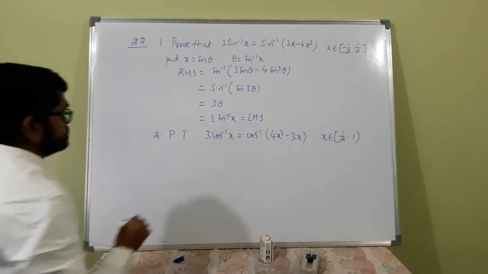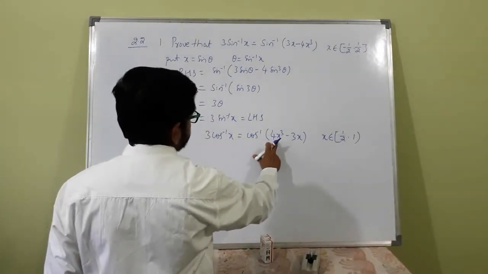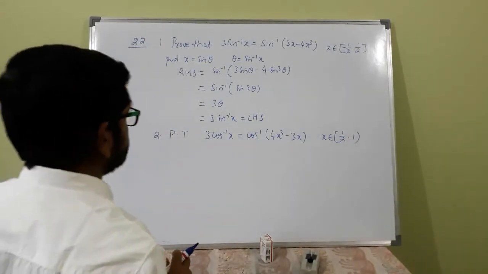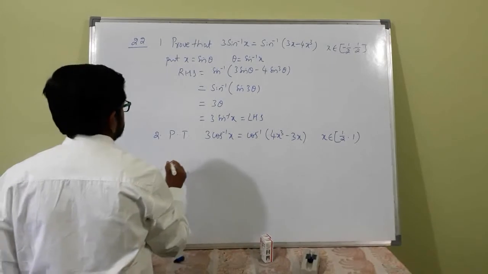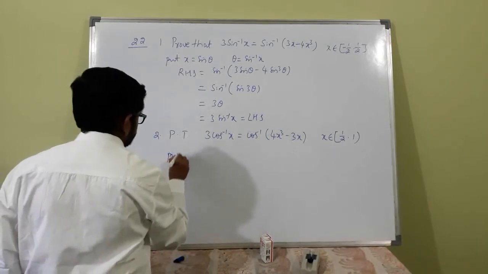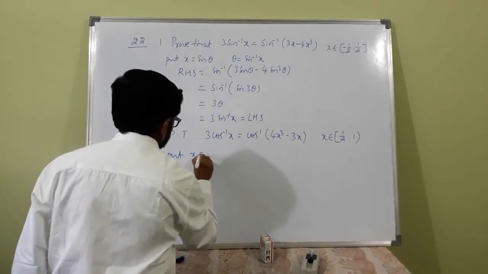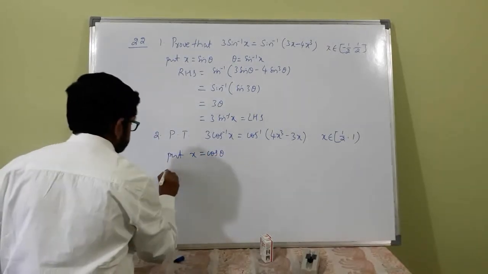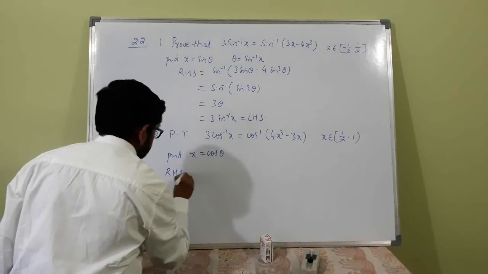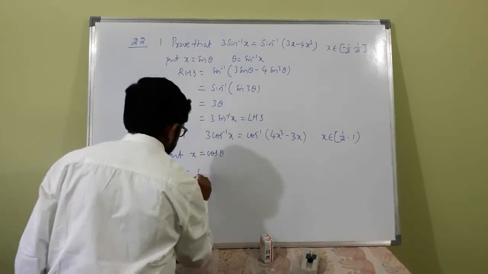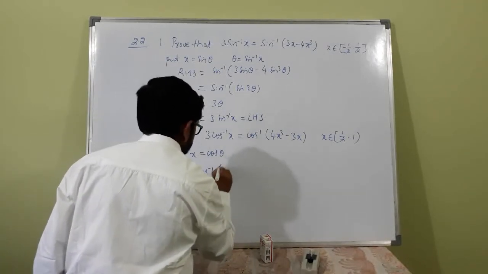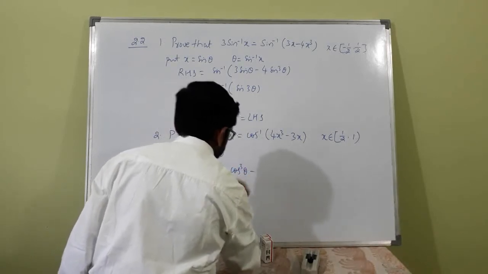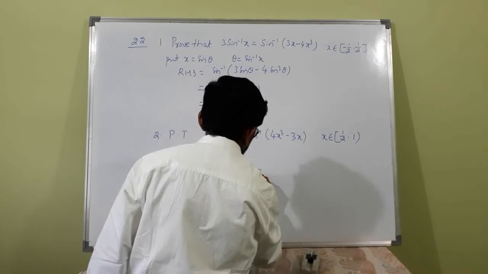Okay. Similarly, 4 cos cube theta minus 3 cos theta is equal to cos 3 theta. So put x is equal to cos theta. Then RHS becomes cos inverse of 4 cos cube theta minus 3 cos theta,